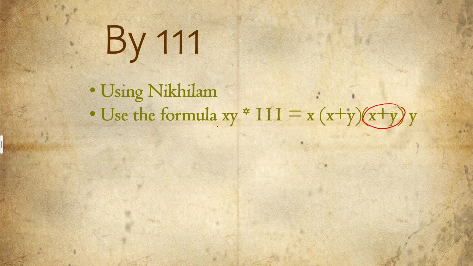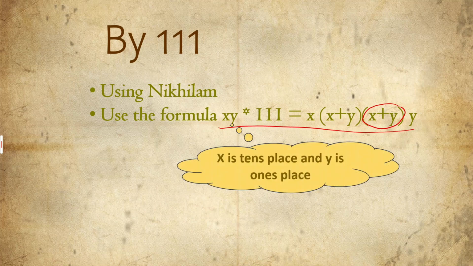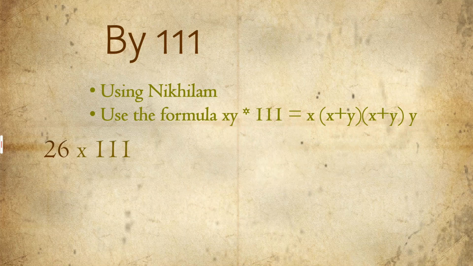Over here, as you can see in the general formula, xy, where x is the tens place and y is the ones place, multiplied by 111 is equal to: at the first place, x, the tens place; at the last, y, the ones place; and in the middle, two places, both having the same value, x plus y and x plus y. Understanding it better with an example, because the whole concept of xy kind of gets confusing